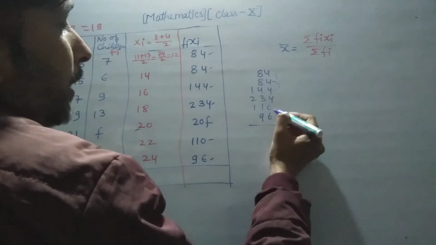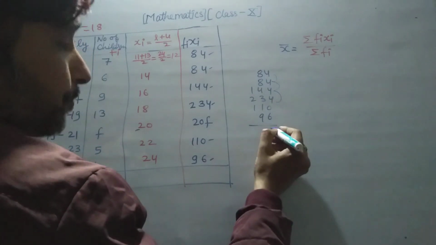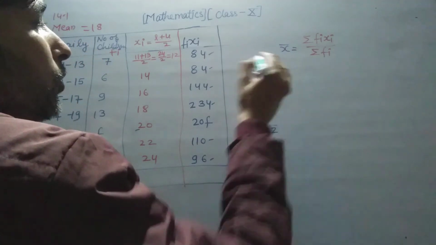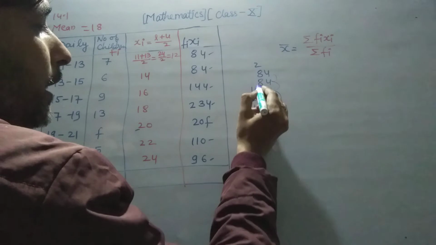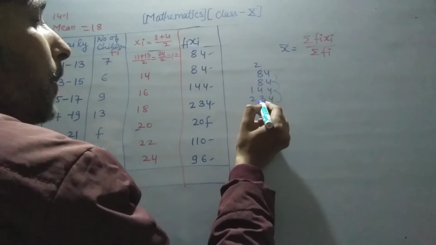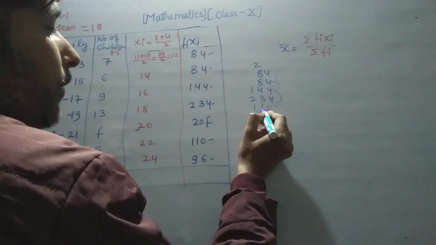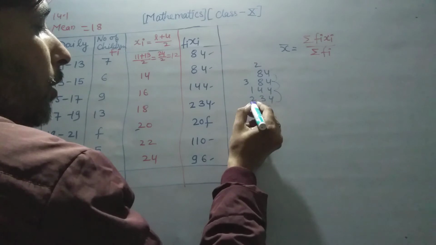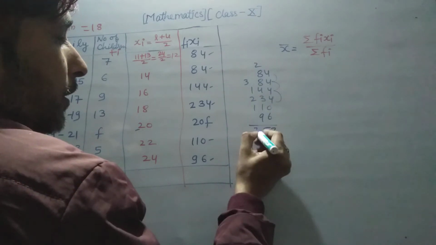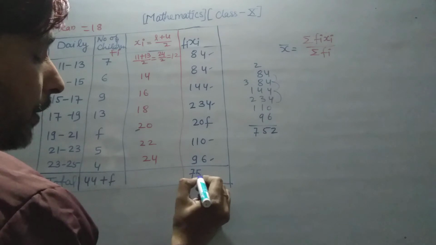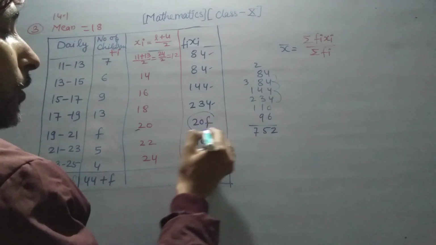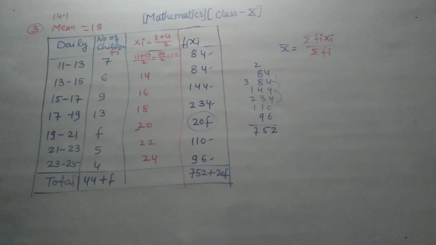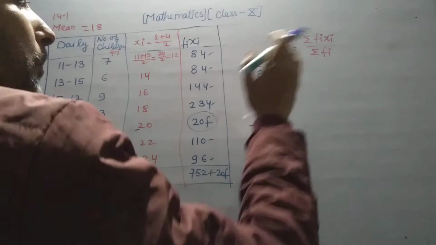Adding it: 4 4 16, 4 2 8, 8 2 12, 12 4 16, 16 and 6 22, carry 2. 2 8 10, 10 8 18, 18 4 22, 22 plus 3 is 25, 25 and 10 is 35, carry 3. So 3 1 4, 4 and 2 is 6, 6 1 7. Now you have 752 plus this value, 20f.